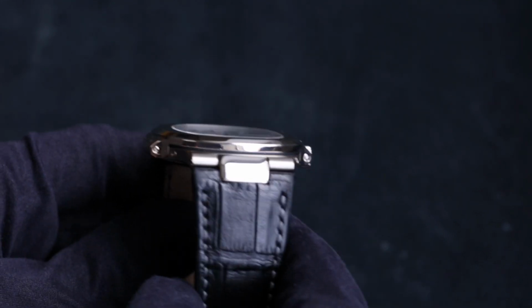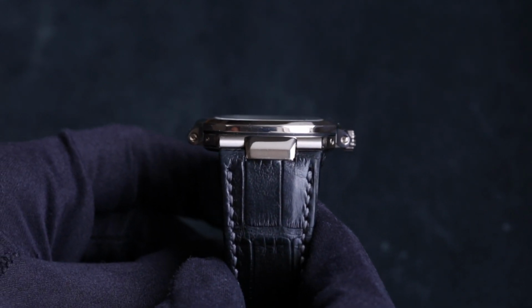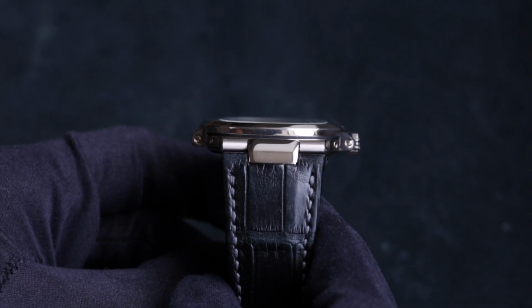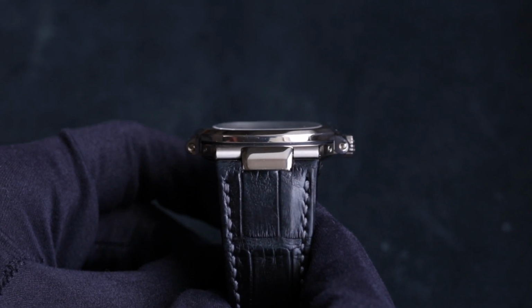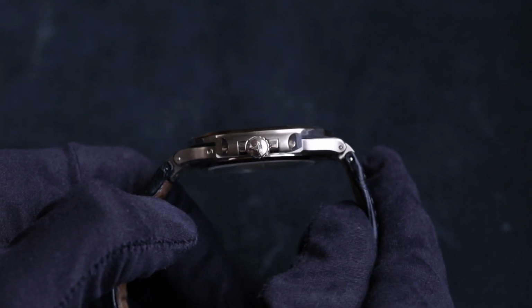The top of the bezel is obviously in a brushed finish, which looks really cool. The sides of the case feature some minor polish finishes. We've obviously got our pushers as well for adjusting the moon phase, the calendar, etc. They're just done with a simple dimple pusher that you get included with the watch when you buy it from